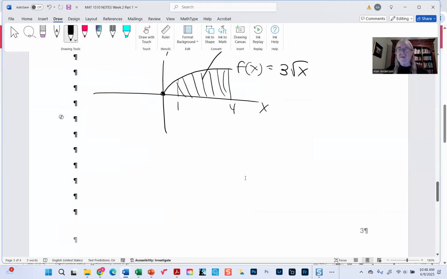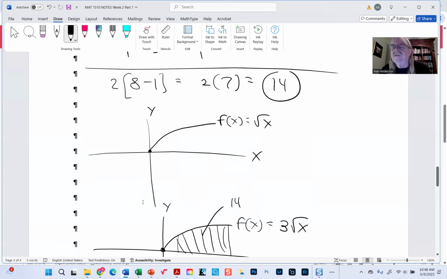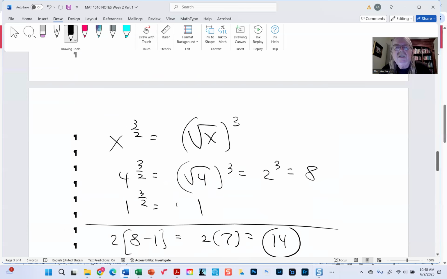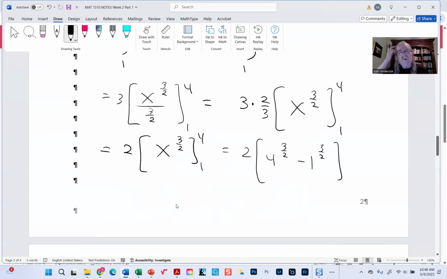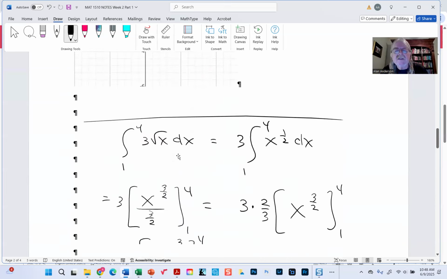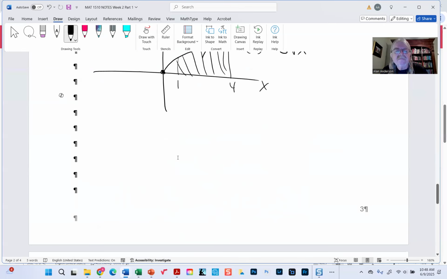All right, and again, all of this is based, as we saw, on the first version of the fundamental theorem of calculus. This is what we're going to use most often by a long shot. There's a second one, which is a little more theoretical, that essentially means the same thing, but we'll get to that in a bit. And then the third example that we want to look at is